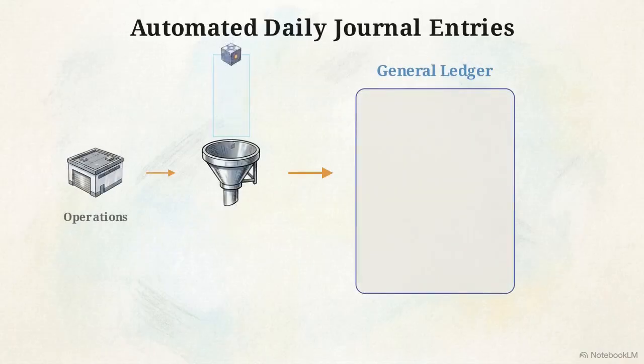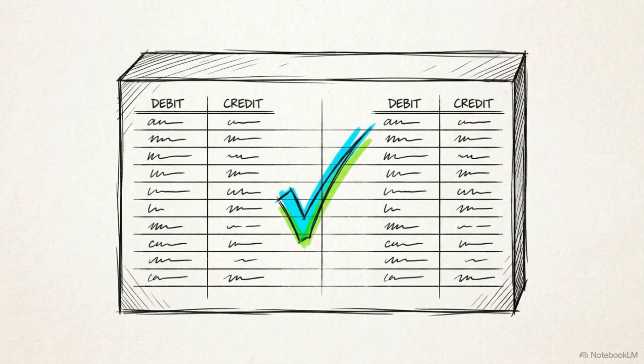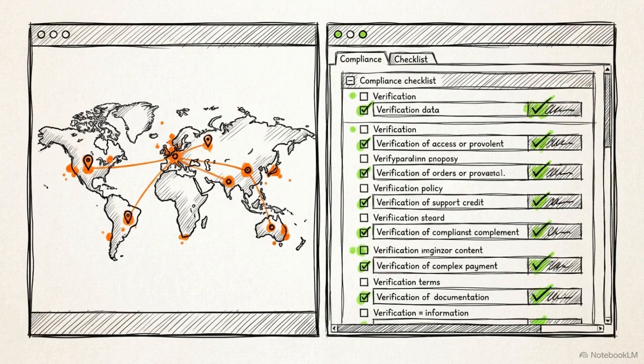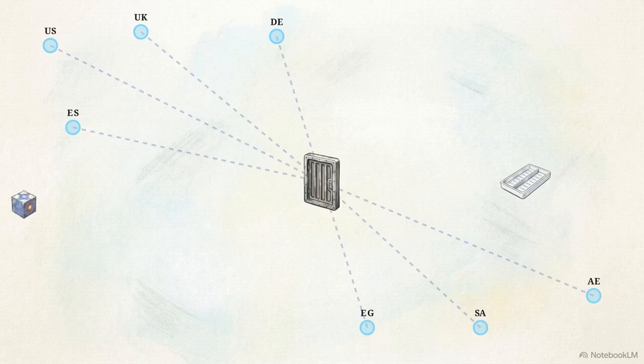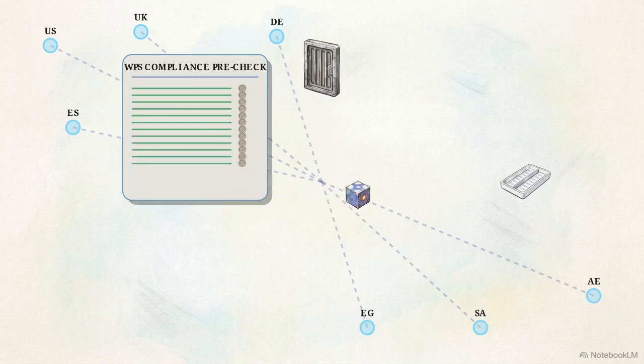Once the inventory costing is locked, the pipeline moves to generate automated daily journal entries for every recorded action. These entries are instantly balanced and formatted to maintain strict compliance with GAAP and IFRS standards, entirely removing the need for a human accountant to draft the initial entry. This zero-touch automation also extends laterally to the global HR node, an area fraught with high-risk legislative requirements. Before payroll processing, an automated wage protection system pre-check scans the data against 12 distinct checkpoints across 7 countries. Once cleared, the validated payroll figures merge seamlessly into the main double-entry general ledger.